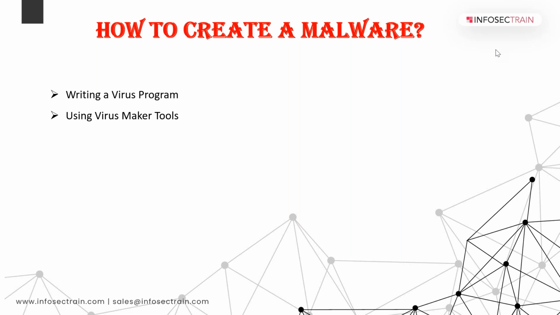And what is the difference? Suppose you are writing a program for a virus, and suppose you are creating one through virus maker tools, so which one is efficient? Suppose you write a program, deploy it on the web and distribute it on the web, it will infect multiple systems, right? That is efficient, and other antivirus tools cannot detect that type of programmed virus. But when you design the virus by using any tool, there is a chance antivirus solutions can detect that.